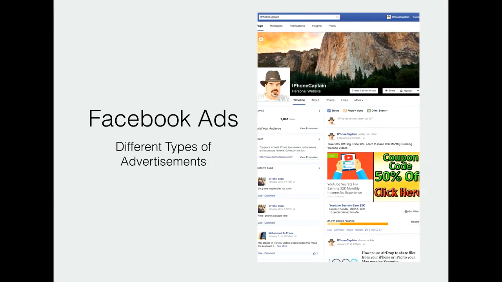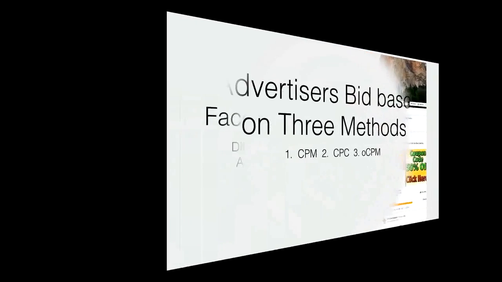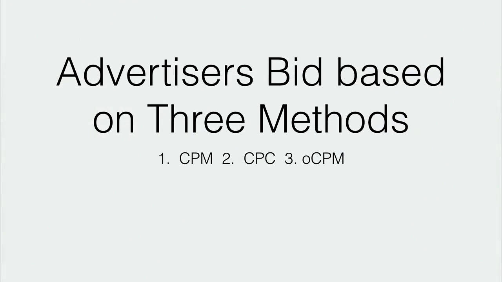In this video, we're going to discuss the different kinds of ads and what you have to do to get those different kinds of ads. But first up, advertisers bid based on three methods, and these are clicks or cost per milli, and milli refers to 1,000. So it'd be cost per 1,000